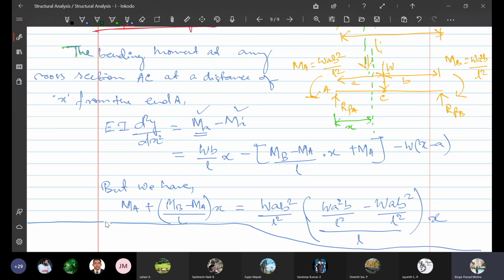If we solve this one, we will get WAB square by L square minus WAB by L cube into (A minus B) into X. Okay, so therefore if we put all these values there, I can write it as: